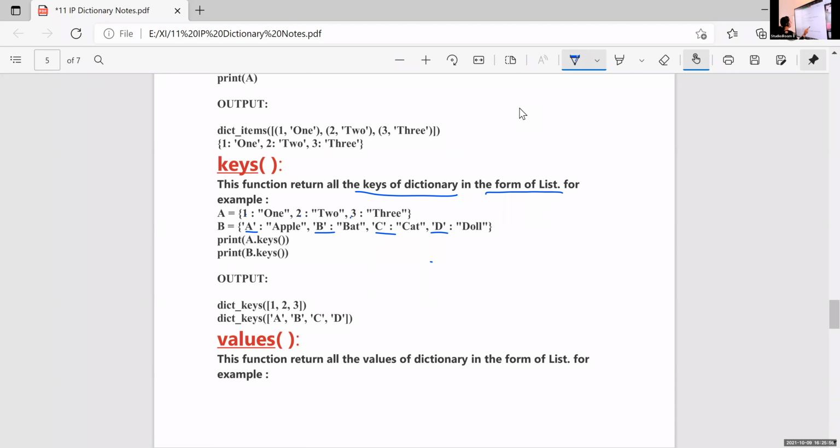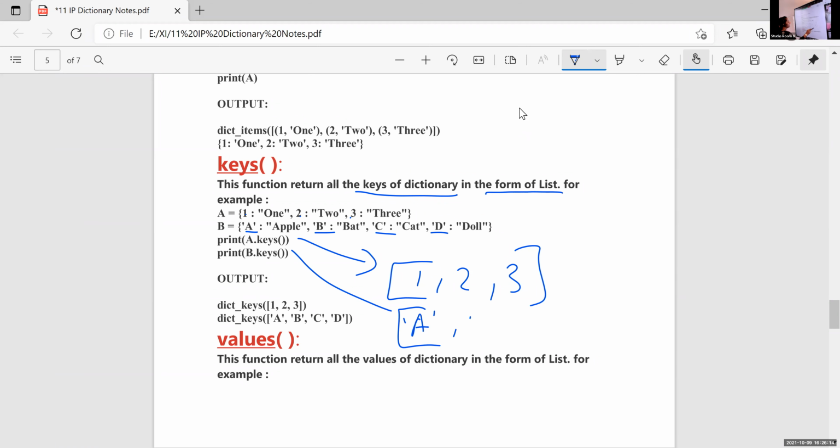So it will display within square brackets 1, 2, 3 as the output of this one, and the output of this one is A, B, C, and D. So this is b dot keys or a dot keys. Keys means it will display the keys in a dictionary.